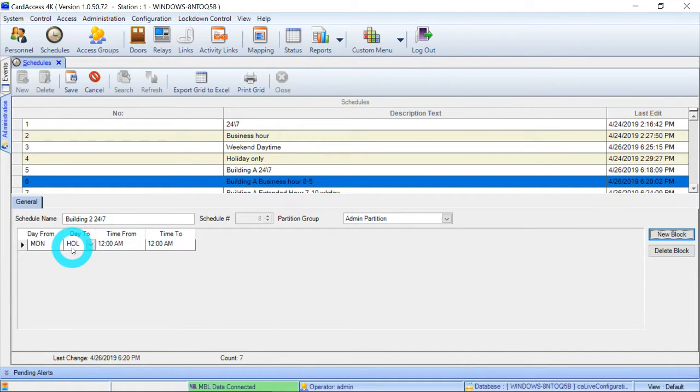The holiday designator in any time block means that this schedule will remain active during a holiday. So let's say that it's July 4th and you've programmed this as a holiday because your place of business is closed. This schedule would still allow whatever it is assigned to function in its normal capacity even though the holiday is in effect. If you do not want this schedule to work during a holiday, for example, the front door is unlocked every day from, in this case, midnight to midnight, but let's say we had a different schedule in here and we changed this to